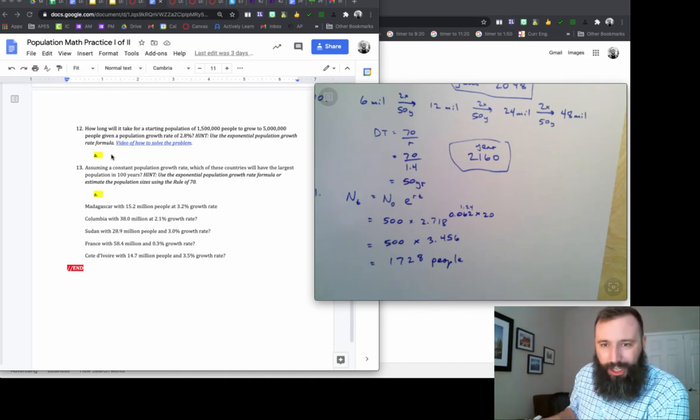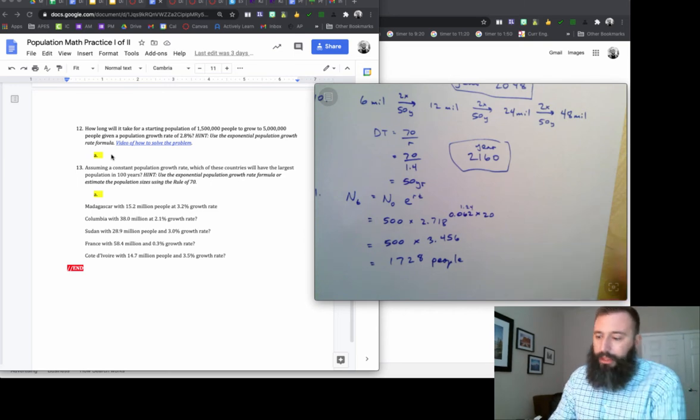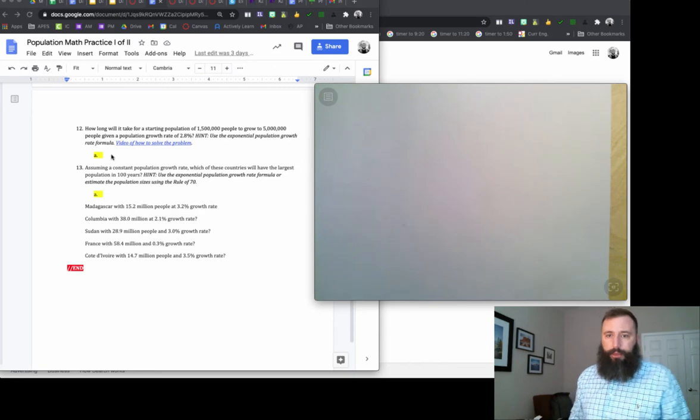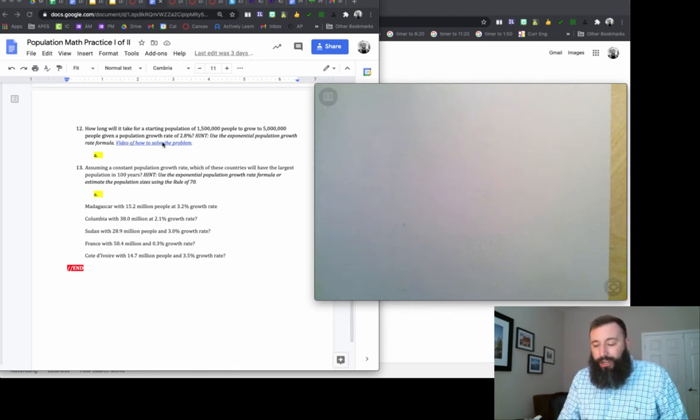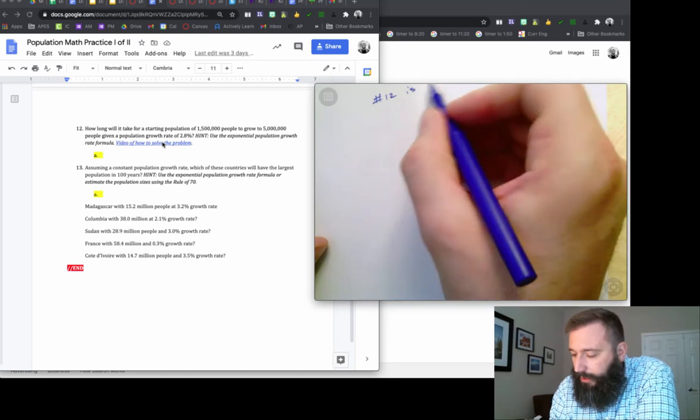Take a look here, question number 12. How long will it take for a starting population of 1,500,000 people to grow to 5 million people given a population growth rate of 2.8%? I've solved this problem already, question number 12 is already